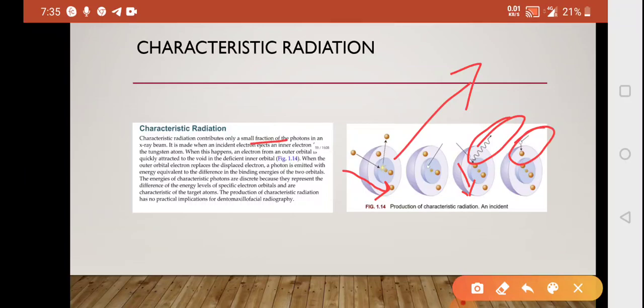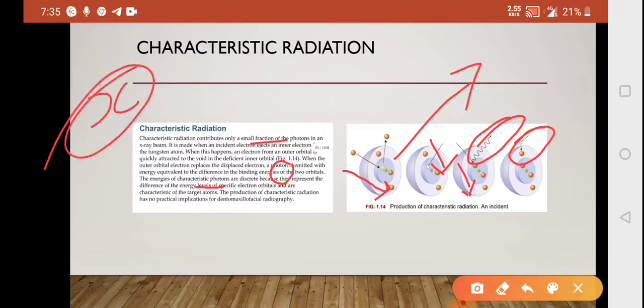So I have told you, from the orbit the electron is moving out. The electron from the outer orbit is quickly attracted to the void. So from the outer orbit, the electron will come to the inner orbit, and when the outer orbit electron replaces the displaced electron, a photon is generated with energy equal to the difference in the binding energy. Suppose two electrons are bound by x amount of energy, so the photon that will be generated will be of